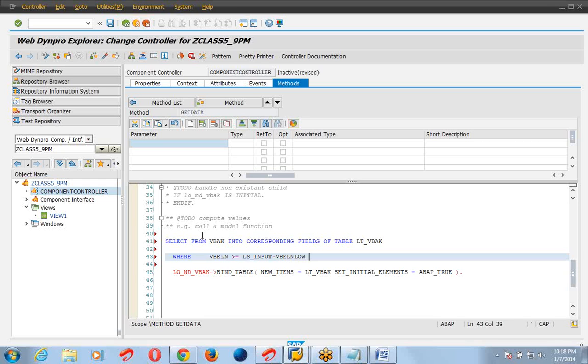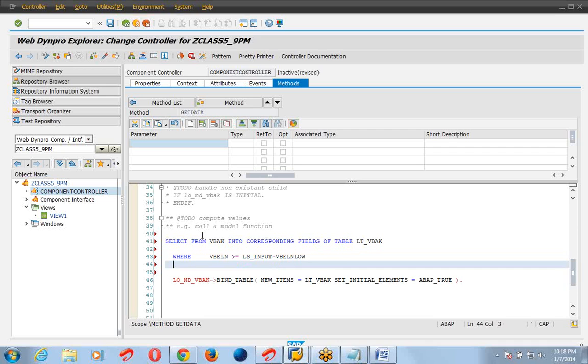And vbeln less than or equal to ls input, which field? vbeln high.